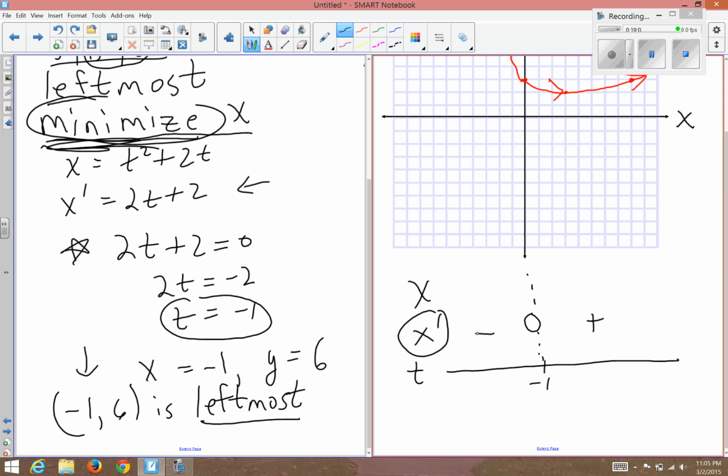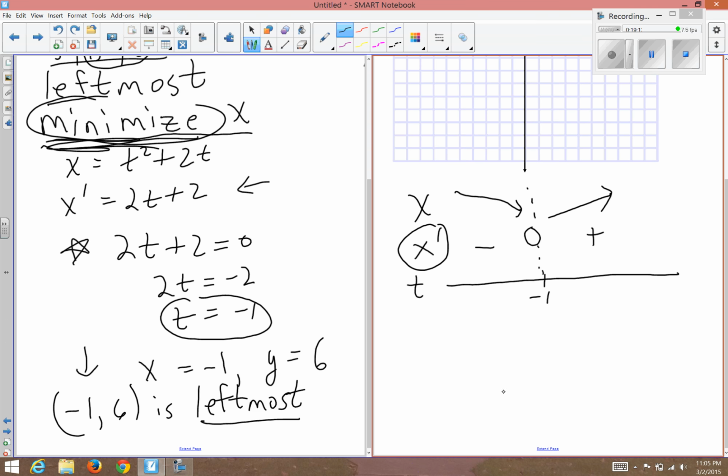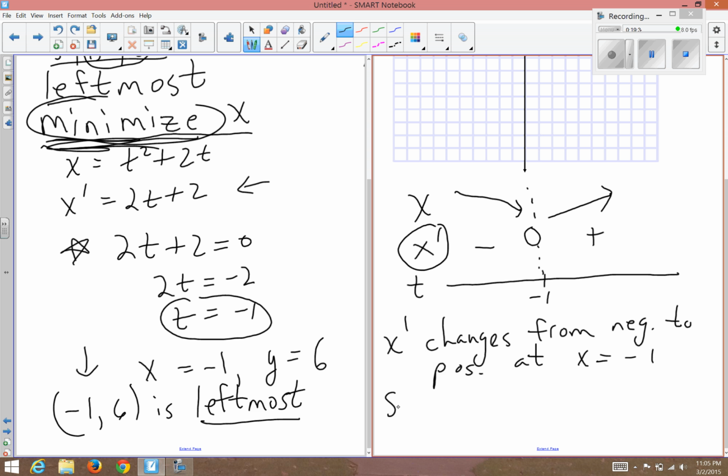When the derivative of x is negative, that means x is decreasing. When the derivative of x is positive, it means x is increasing. So please write this on an exam. X prime changes from negative to positive at x equals negative 1. So x is minimum when